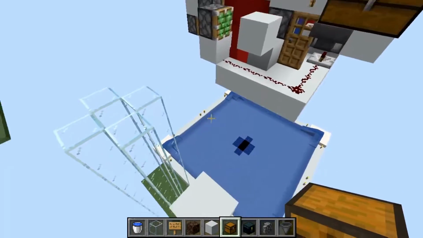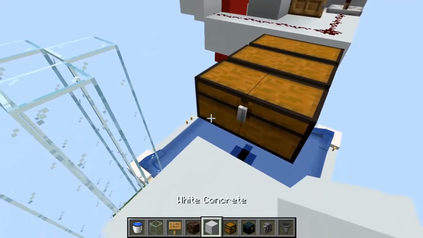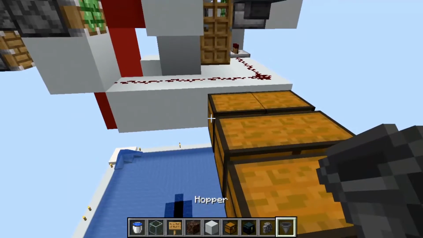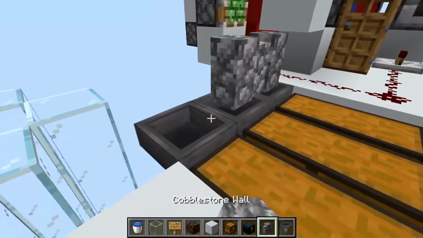Next you want to come up to the top of the ladder and you want to place some chests across like this. Then grab some solid blocks and place them like so. Then come over to the corner of here, holding shift, and place some hoppers and some cobblestone walls on top